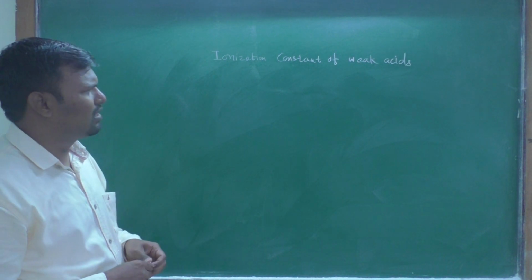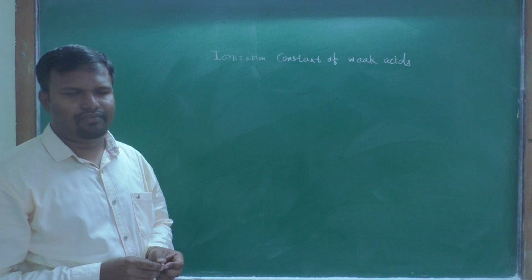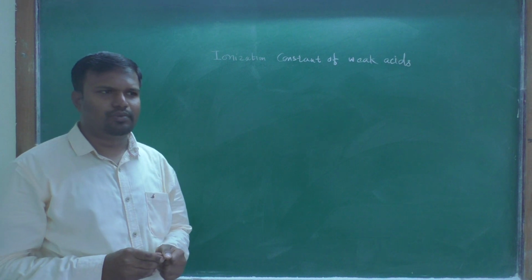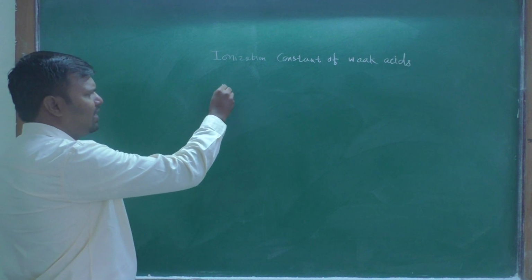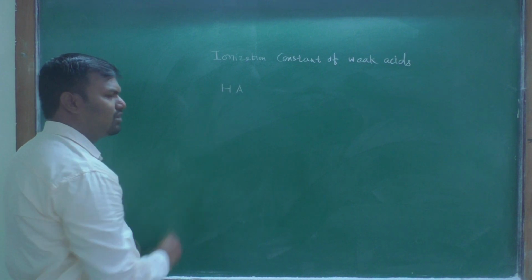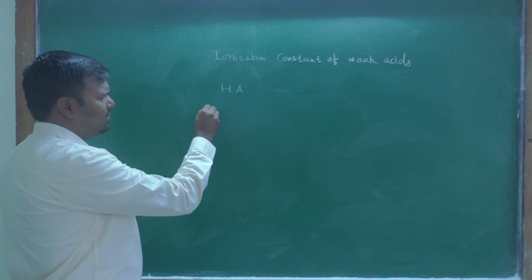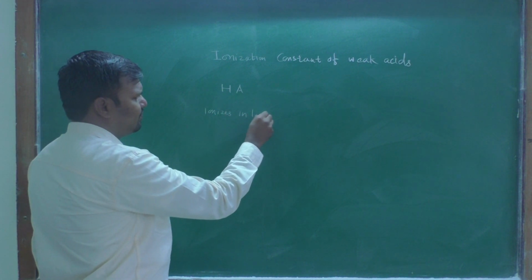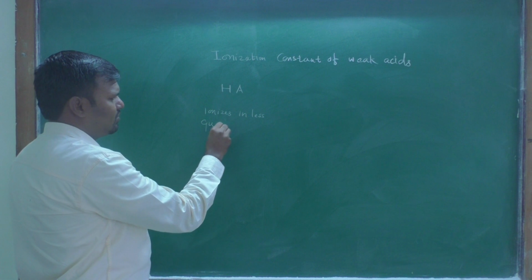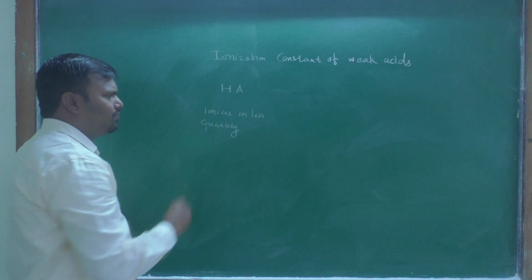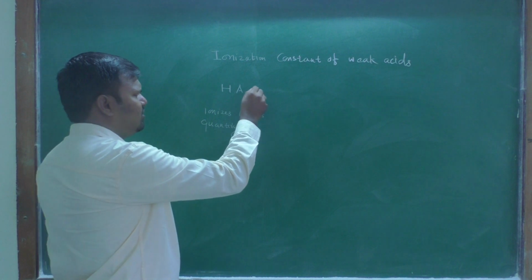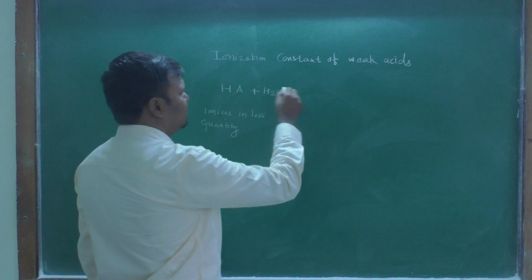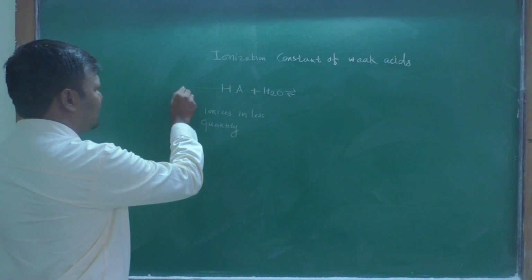Today we will learn the ionization constant of weak acids and weak bases. Suppose we have a weak acid HA. The tendency of a weak acid is that it ionizes in a small quantity. When we add it to water, the acid